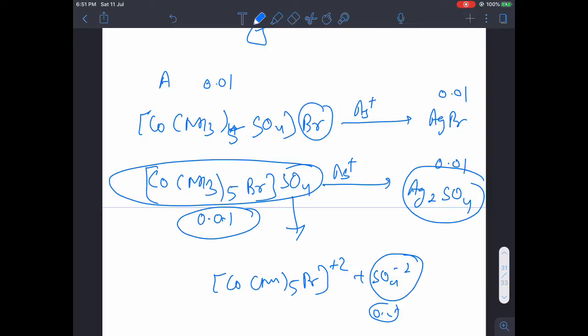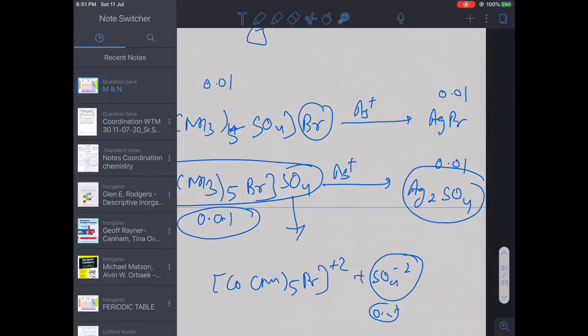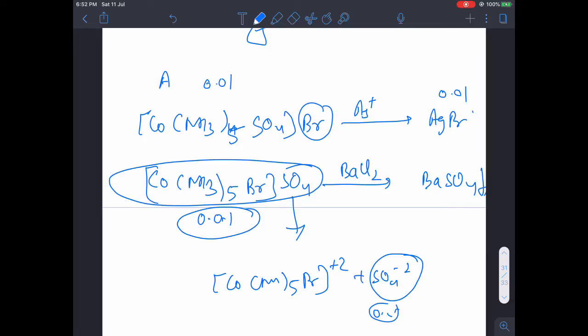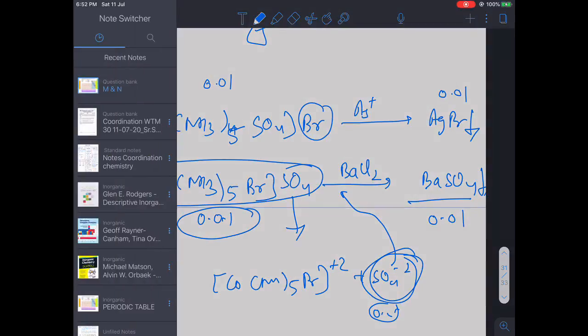So what we got? From both of these, we got the same value of the AgBr and this complex. Both values are the same. Acha, pardon me. Actually, this is not Ag plus. What they have given here is barium chloride, so it will form simply barium sulfate. The answer will be the same anyway because both are precipitates only. Sulfate ion will combine with the barium, so it will form 0.01 only.